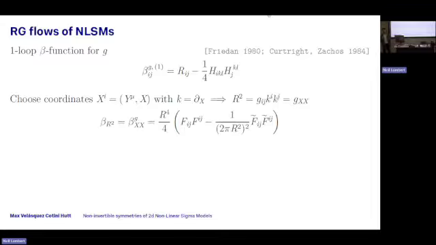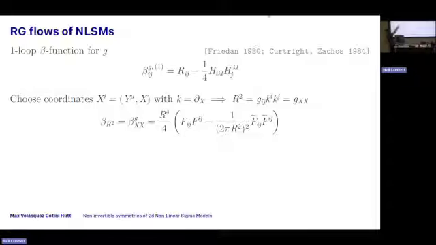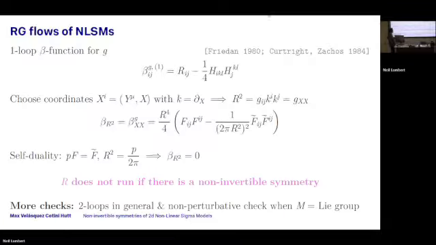And I can access the beta function for the norm of the Killing vector simply by choosing some nice coordinates. I choose some where one of the coordinates is along the Killing direction, okay? And then the norm of the Killing vector is just a particular component of the metric in those coordinates. So all I have to do is look at the XX component of the beta function that I drew at the top. And with a bit of elbow grease, you can write that in terms of the curvatures of these two bundles. In particular, you'll see that if I satisfy these two constraints where I have a non-invertible, then this vanishes, okay, and the beta function is 0.